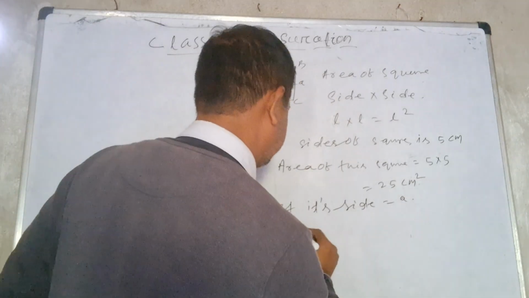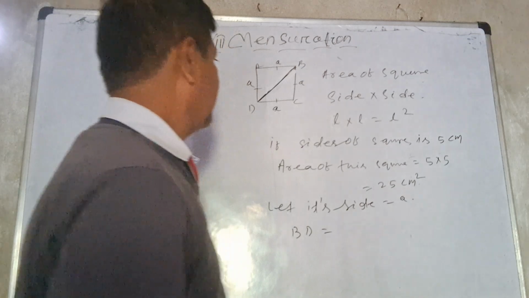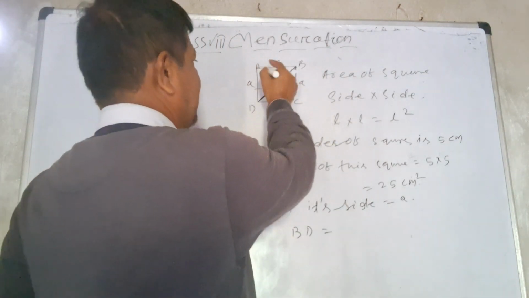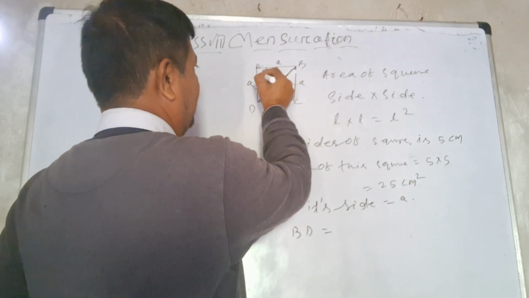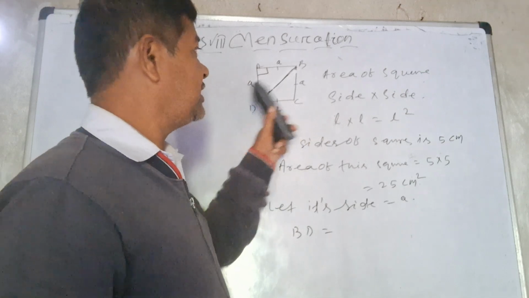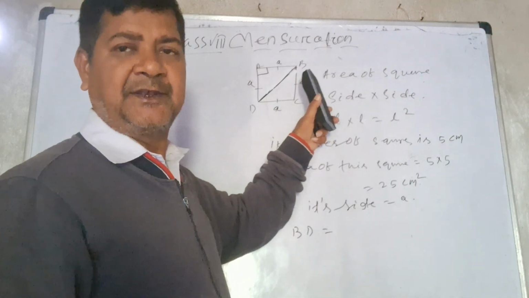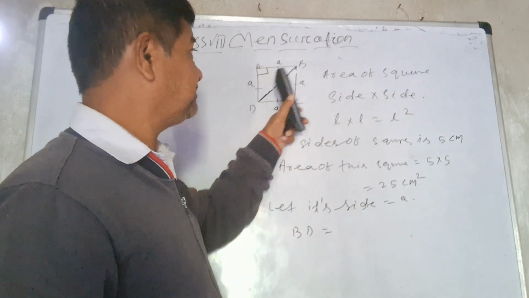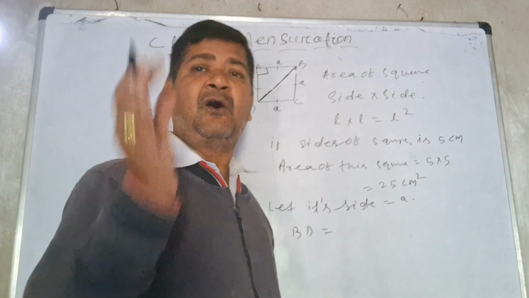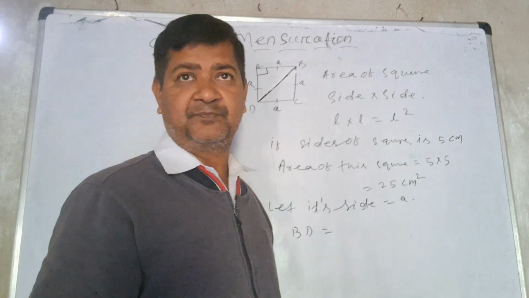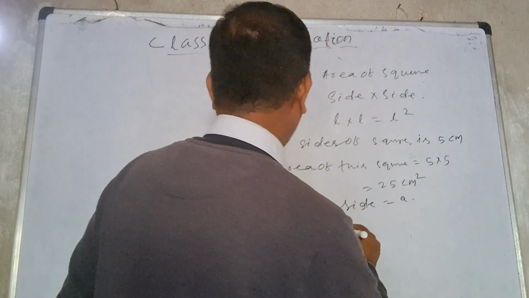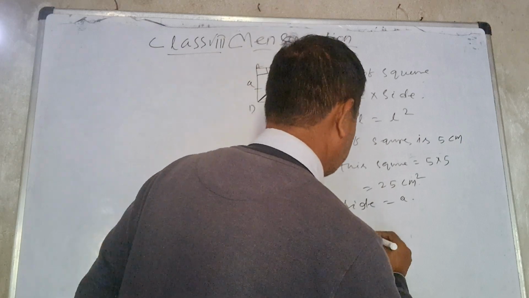Then BD is the diagonal of the square. It is a right angle triangle because all angles of the square, each angle, should be 90 degrees. Because it is a square, all four sides are equal, similarly all four angles are equal also. It is a right angle triangle. Then BD equal to, according to Pythagoras triplet,